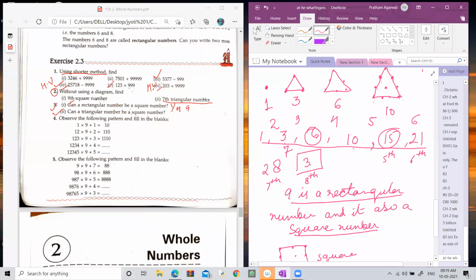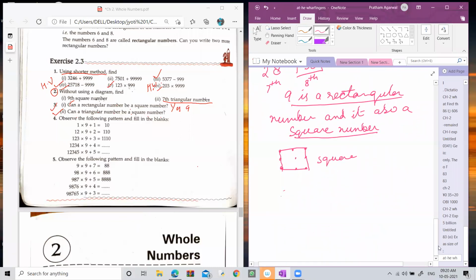No, ma'am, 35 will come. Yes, it is 35. So the next triangular number is 35. Okay. Just hold a minute. There is some problem. Let me see again. The 7th triangular number is 35. When you add